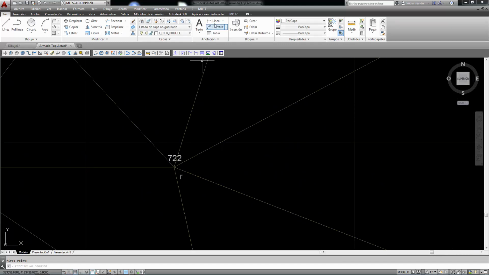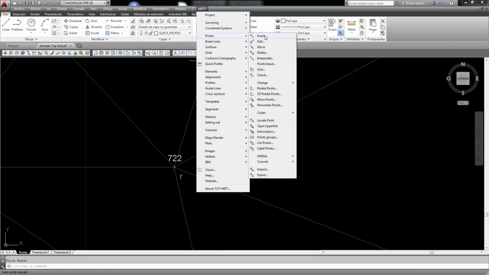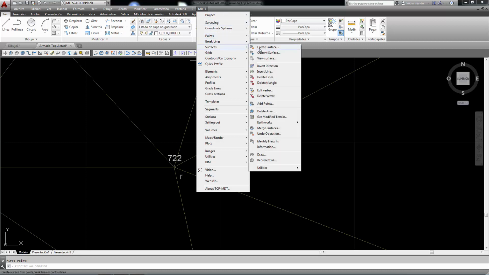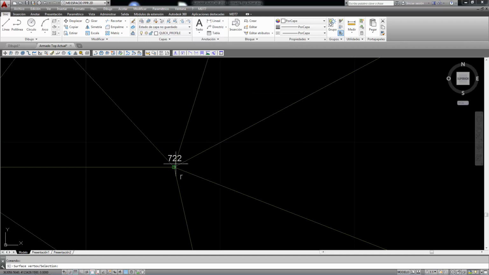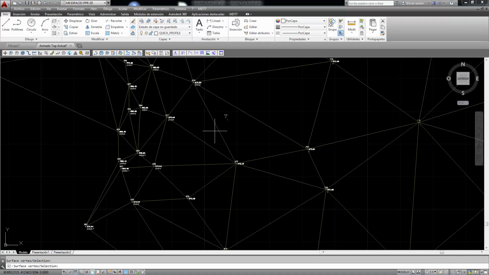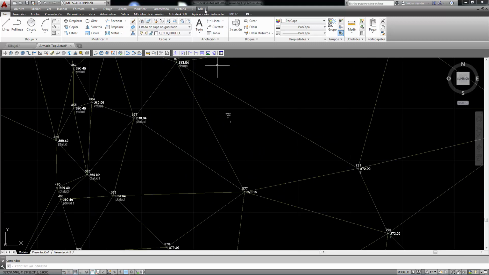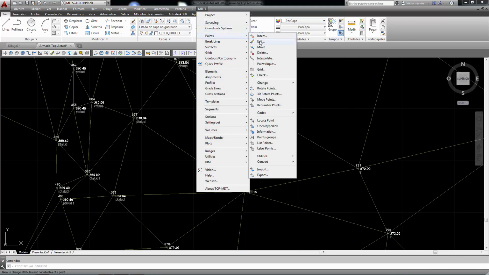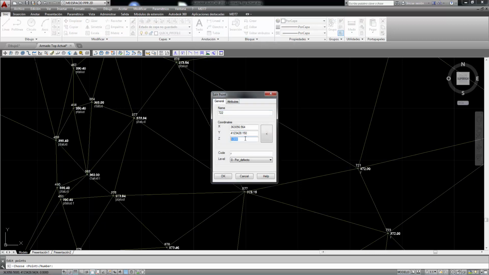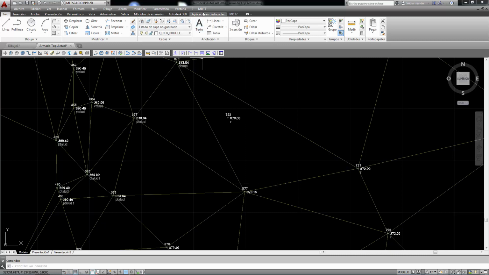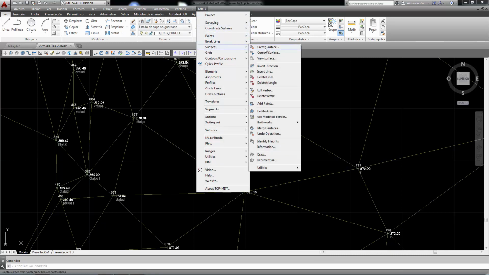Another way would be to use MDT, Surface, Delete Vertex. We do not know the height of these points, and as such, we are interested in deleting them, placing ourselves roughly in this vertex, and the same for any other points we wish to delete. If we go to MDT, Points, Edit, and insert the height, we can redo our surface using MDT, Surfaces, Insert